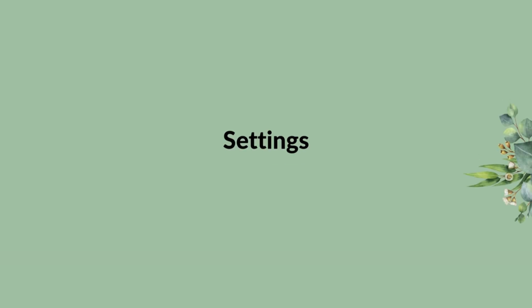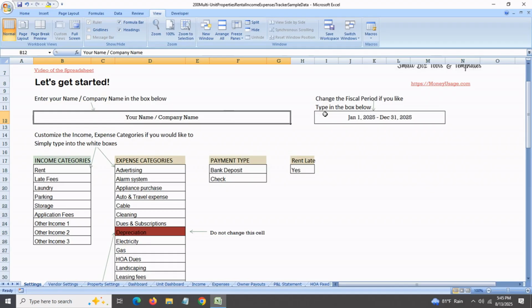In the main settings tab, you can enter your name, change the fiscal period if you like, and you can change the income categories that are pre-filled over here as well as the expense categories simply by going and typing into the boxes. For example,